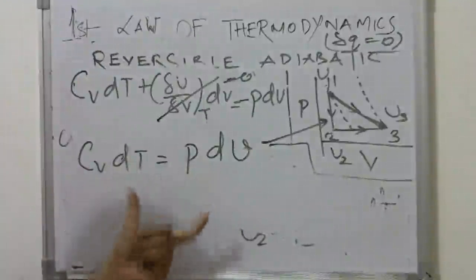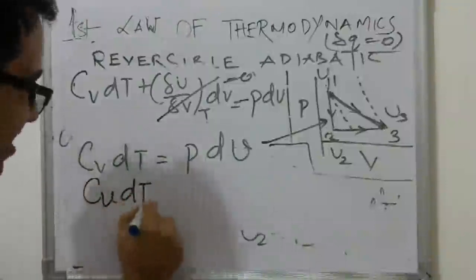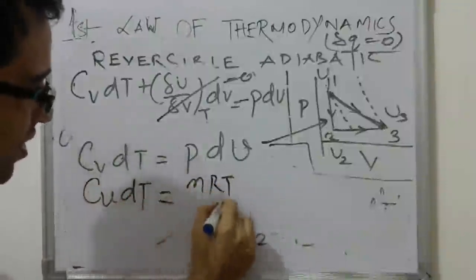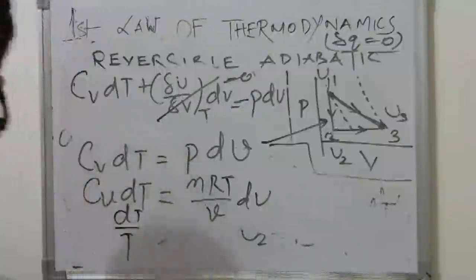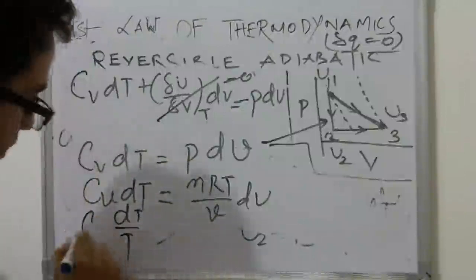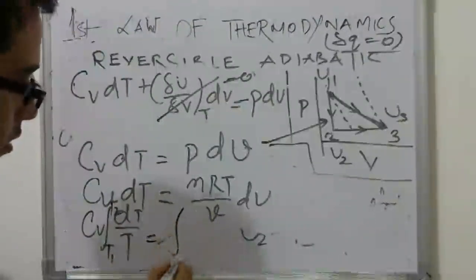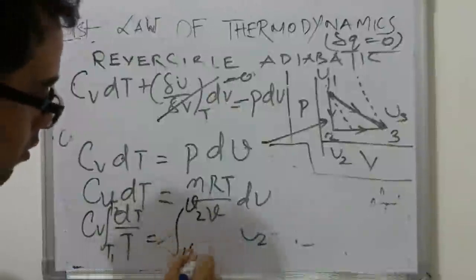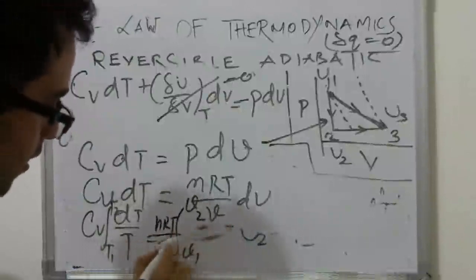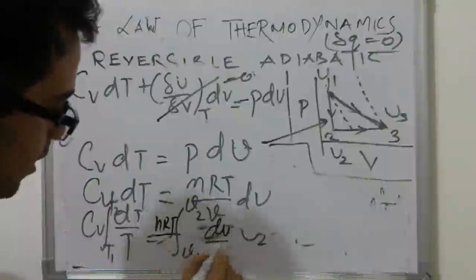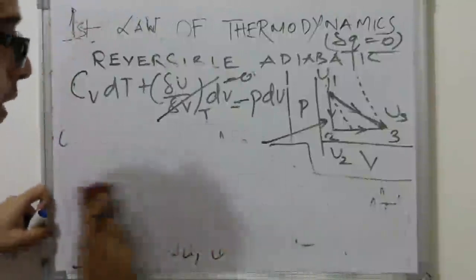Okay, so now we can easily integrate this equation. I just can replace everything. CV dT is equal to nRT by V dV. You can have this dT by T over here. CV integration T1 to T2, the integration here, V1 to V2, nR is constant, so nR dV by V, which will take the final shape,